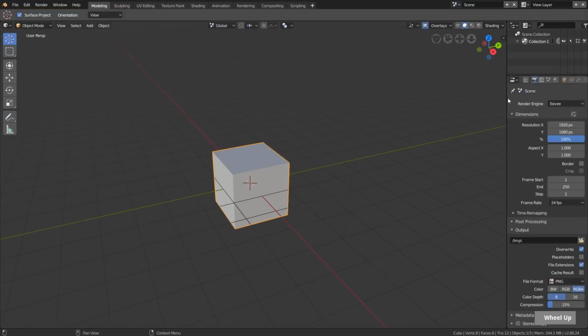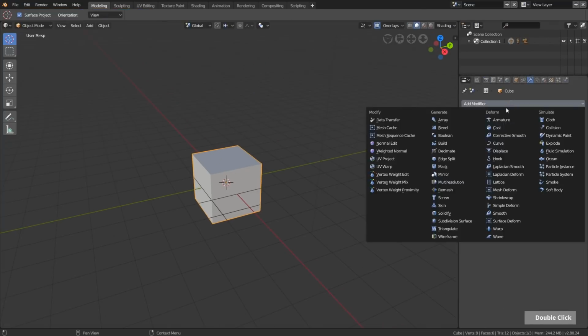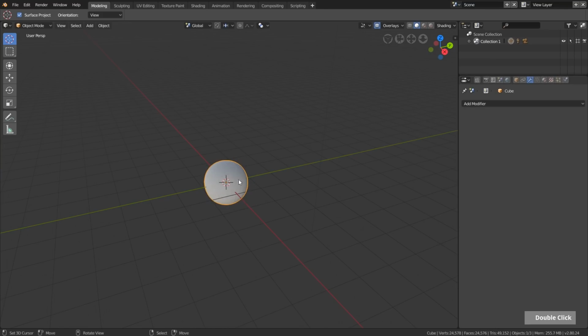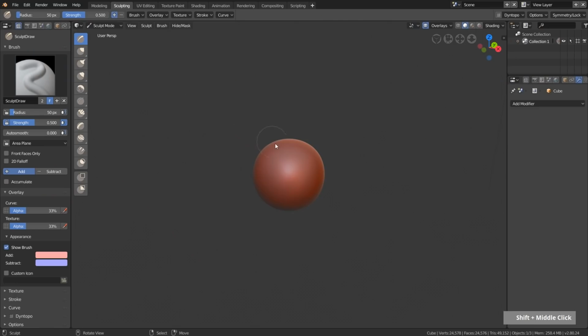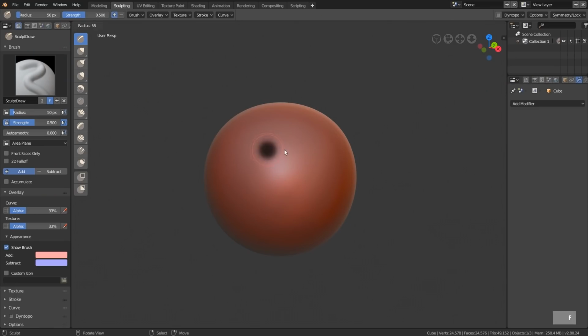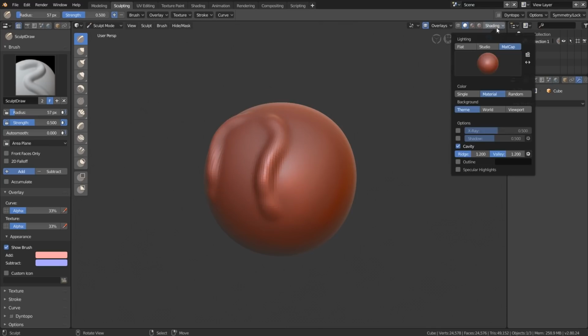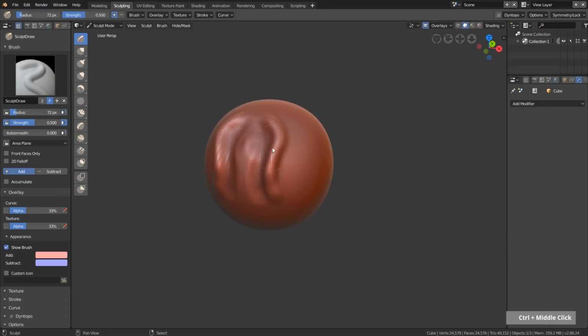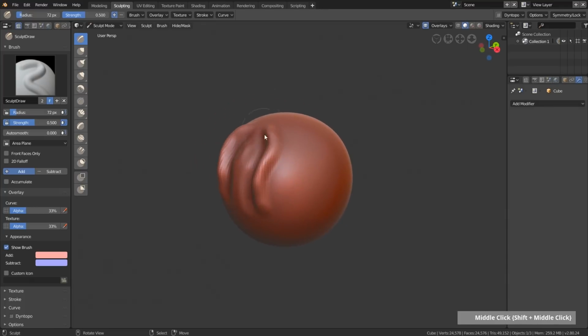And now let's add a subsurf modifier quickly. Subdivide this a few times and hit apply. And now let's switch over to sculpt mode. And as you can see, it immediately switches to sculpt mode and we can start sculpting on this. And as you can see, also matcap, cavity and so on is enabled. So we can just start sculpting,